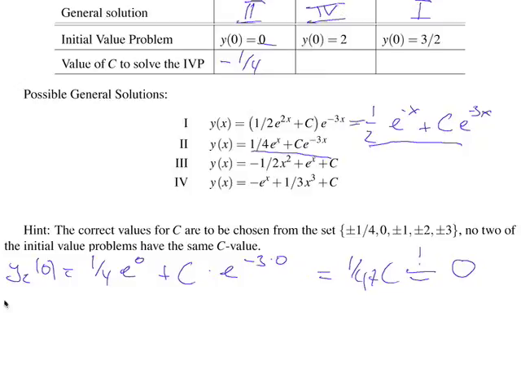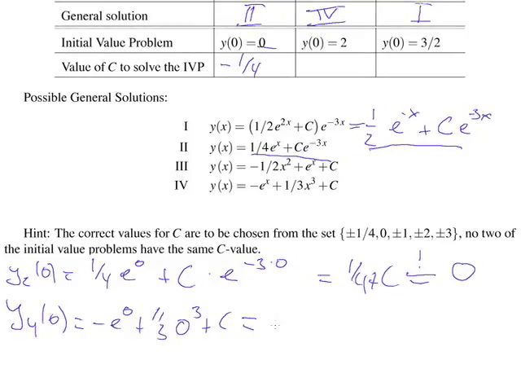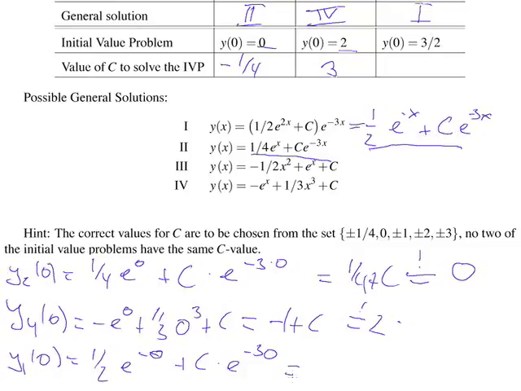Next to function 4, we get minus 1 plus c, and we want this to be equal to 2, because that's what our initial value condition demands. So we need that c must be equal to 3. Finally, function 1 gives 1/2 plus c. We want this to be equal to 3/2. So what we need is that c needs to